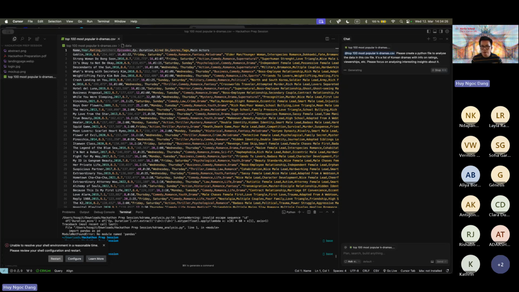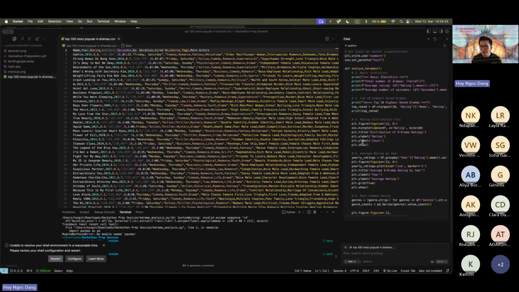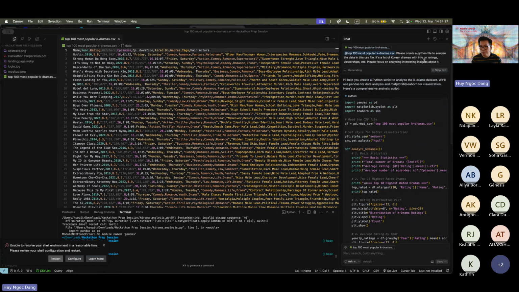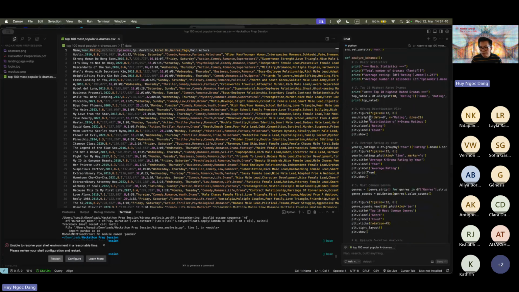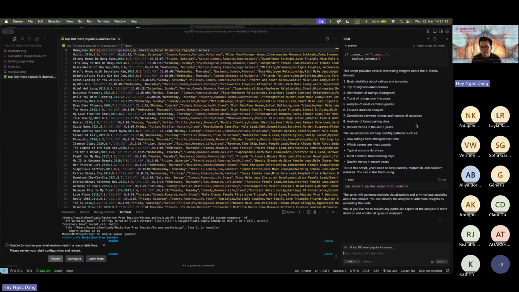And now it will generate for me a Python script to analyze this. And because I asked it to generate interesting insights, right, it will artificially infer, okay, what are some of the potential interesting insights that are here? Then it basically creates all the code for you.